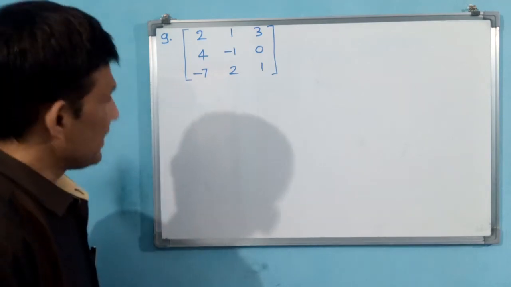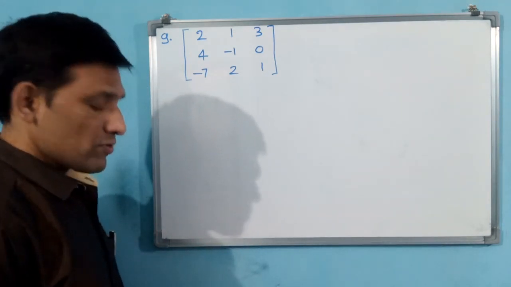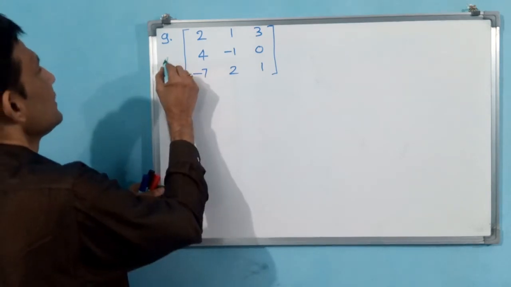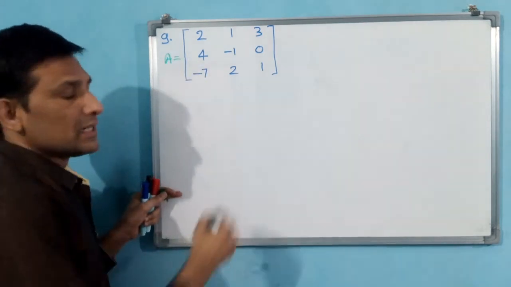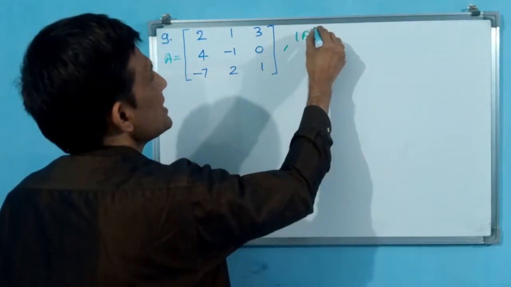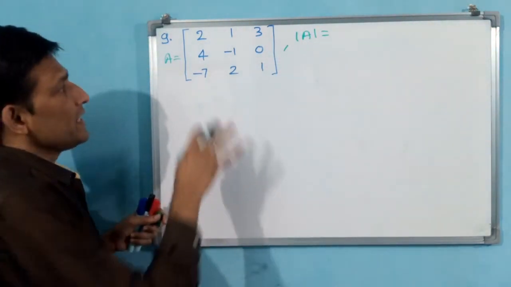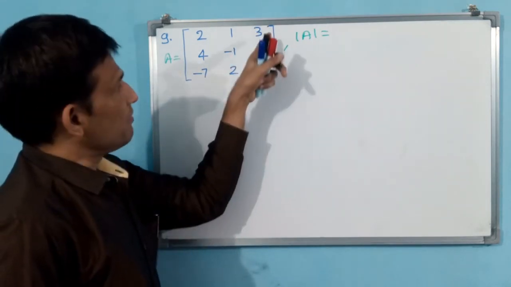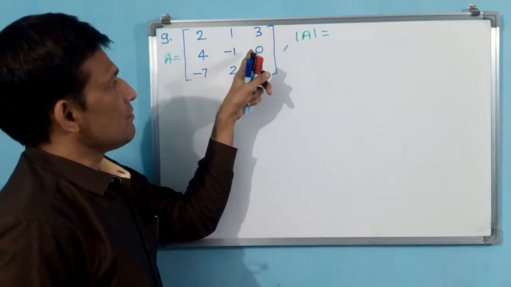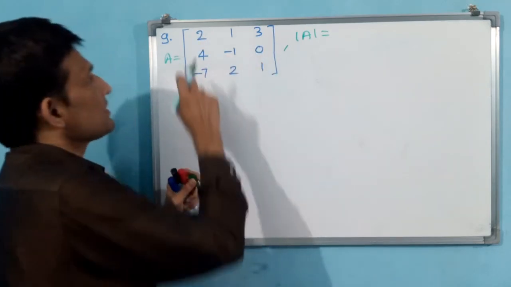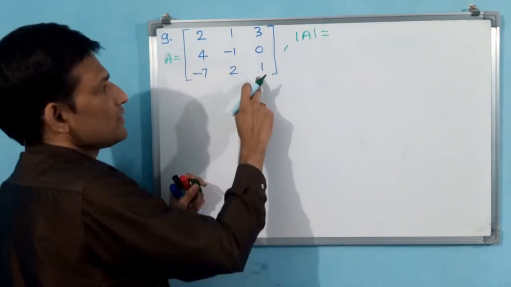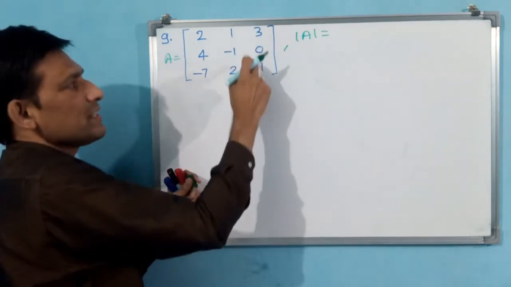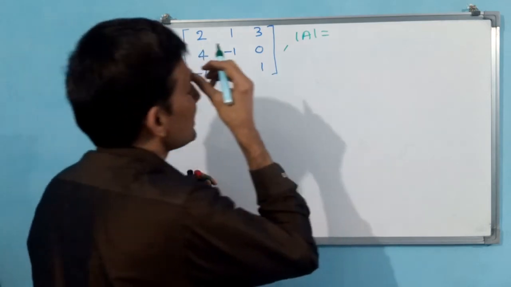Let us find. First what you have to do, you have to take it as A. Let A is equal to this one. And determinant A I am finding. See here, for finding determinant A there are not many zeros, but only one zero is there in column 3. Then prefer this one. +3, -0, +1. Why? Because see, plus minus plus. This also plus. Both are plus means this is minus, but 0 you need not take. Plus 3 plus 1 you have to take, and you find your determinant.